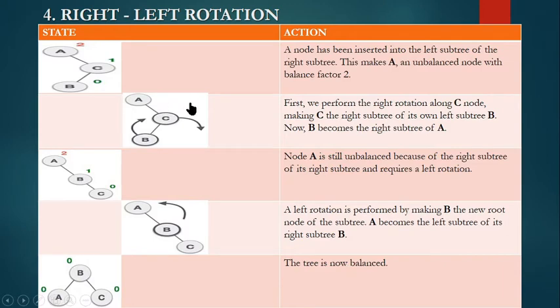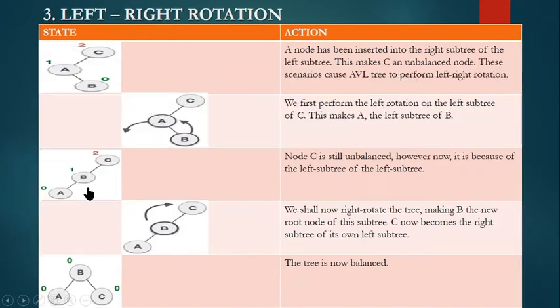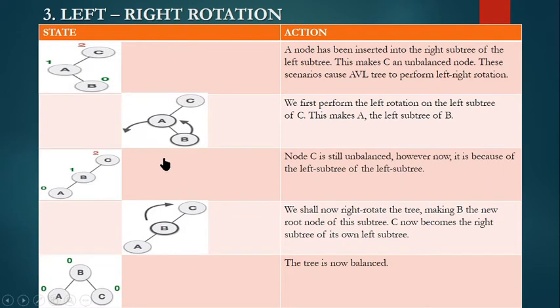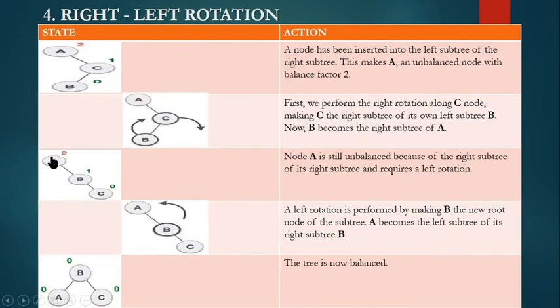You can see here I am making a right rotation. That means B comes up and C goes down. See, everything comes to the right side, so it remains a first rotation. If everything is at the right side and it is unbalanced, we have to make a left rotation. So everything comes to the right, and now we are making a left rotation. When you make a left rotation, B goes to the top, A and C become the children of B.